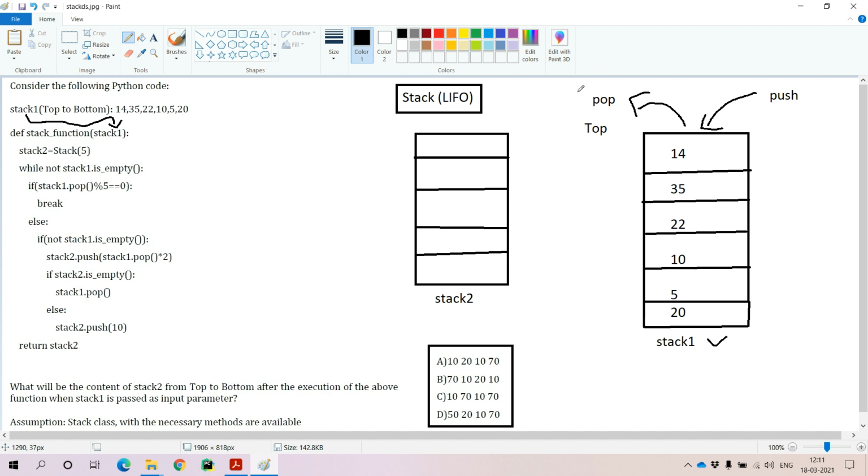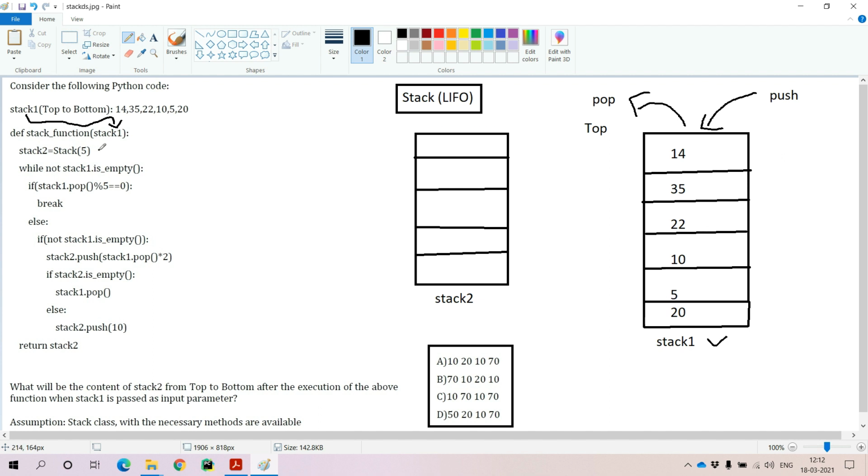In the stack we perform two important operations: push means inserting elements into the stack, and pop means deleting elements from the stack. Both push and pop operations are performed at only one end of the stack, which we call the top of the stack. Keep that point in mind.